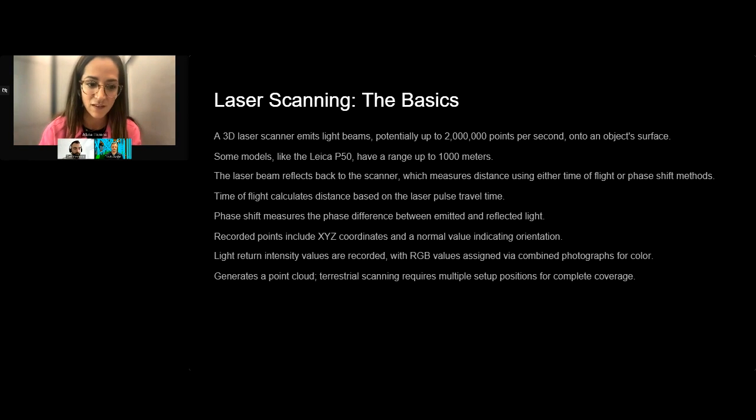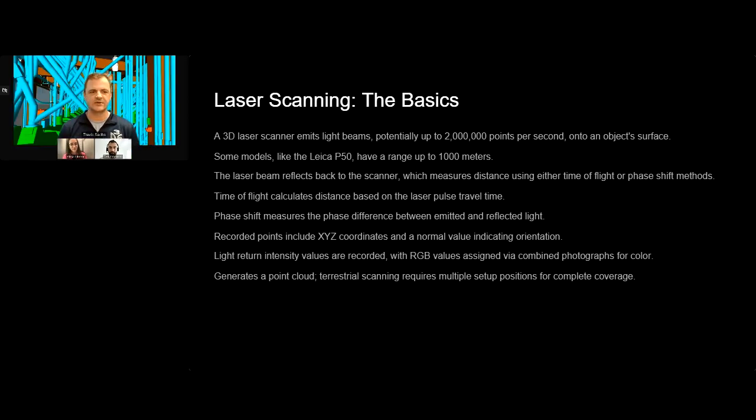Sure. So basically, we're going to talk about terrestrial scanning for this webinar. And terrestrial scanners, there's two different kinds. Well, there's more than that, but we're just going to talk about the two different kinds. So there's time of flight scanning, and there's phase shift scanning. The time of flight is more accurate, and it holds the accuracy over the full range of the scanner. Basically how that works is it emits a beam of light, it waits for that light to return, and then measures the distance. And then with that, some of the models can range up to 1,000 meters of distance